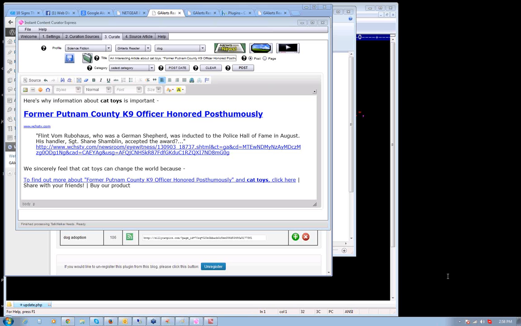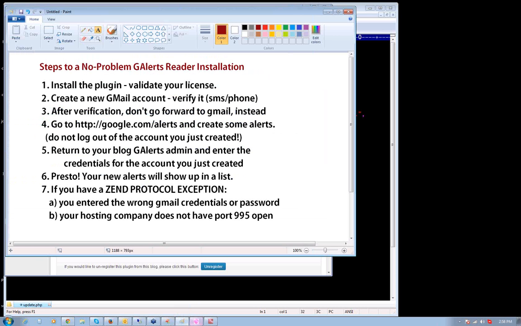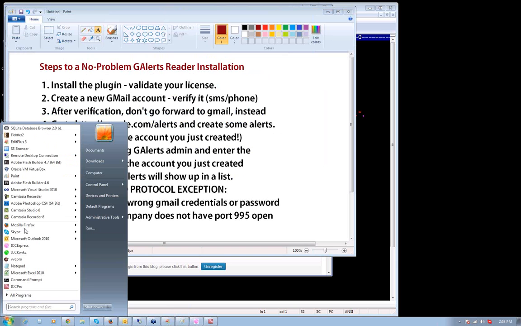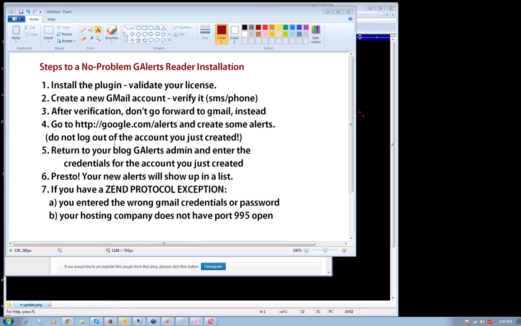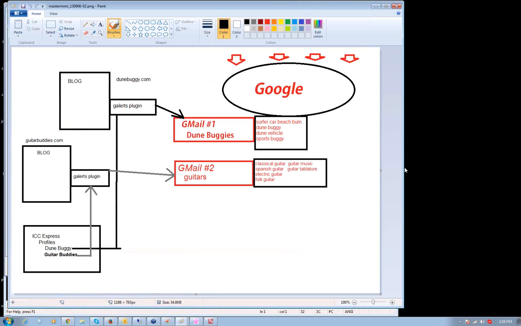Bob's got a good question here. Do we still need a separate Gmail account for each subject matter to curate, like each niche? Well, you don't need to, Bob, but it's recommended if you want to have a powerful presence online with different niches. So let me show you. I did make a diagram. If you can see this, Bob. This diagram shows you